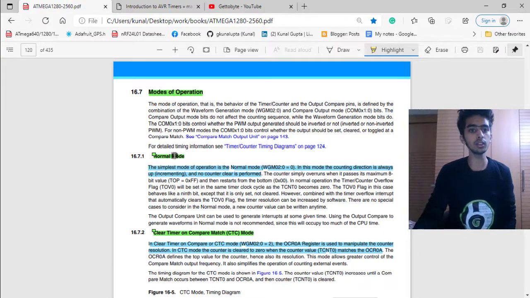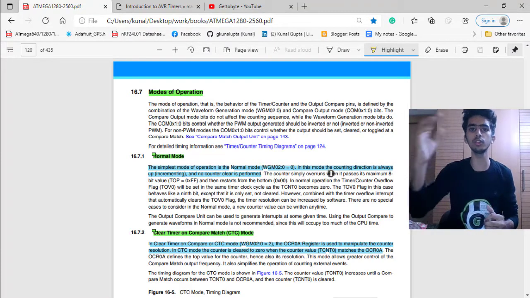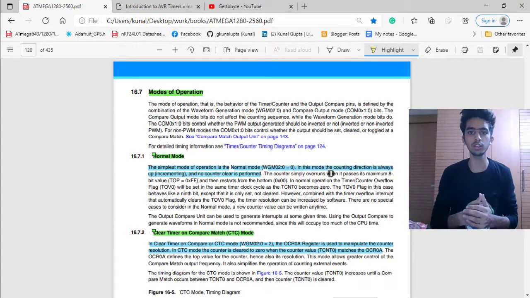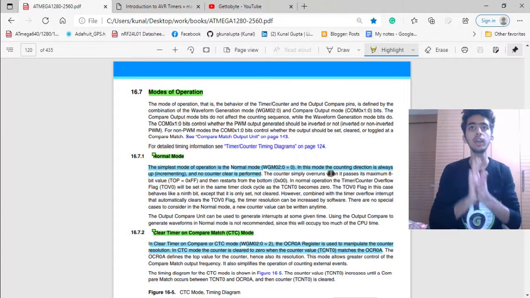Now the normal mode is a simple mode in which nothing happens, just our TCNT0 increments from 0 to 65535, and it generates a delay. It generates no output, it just counts, and it is used for generation of delay.